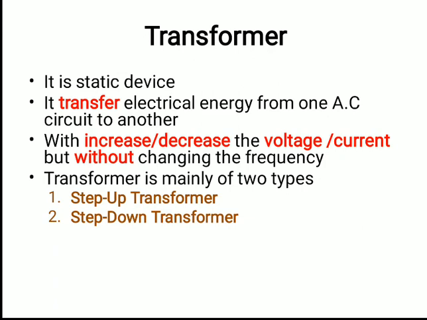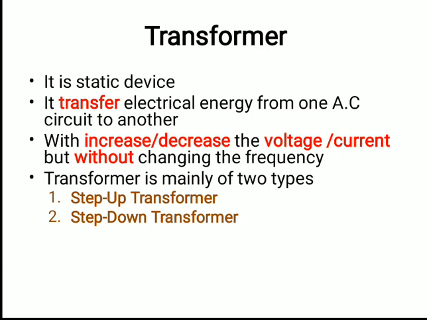Now let us see what we mean by a step up transformer. Step up means the voltage or current is increasing, going up, from a lower level to a higher level. So it is a step up. You can take whatever you want, voltage or current. And the second one is step down, exactly the opposite. Step down means the voltage is getting down, from higher to lower. That's why it is down. So step down, step up.